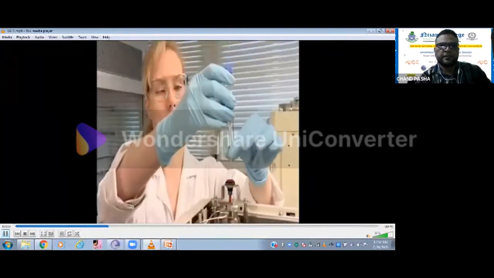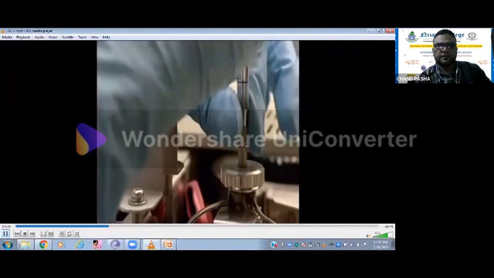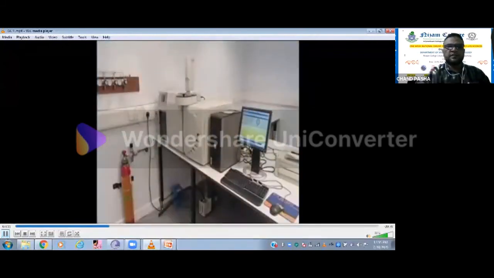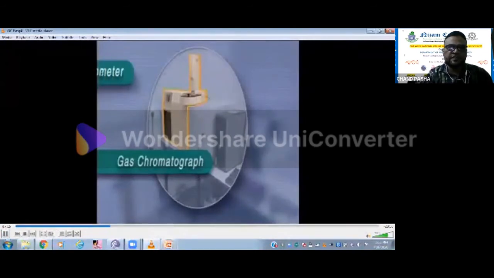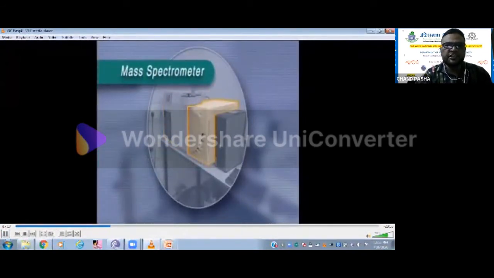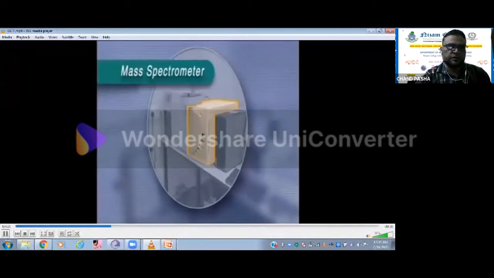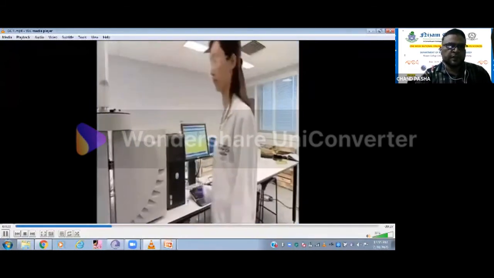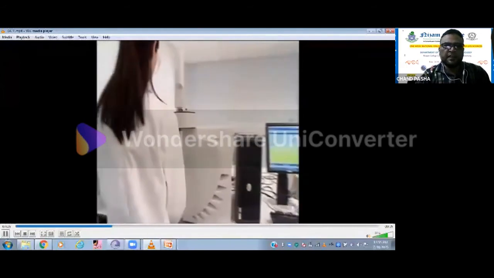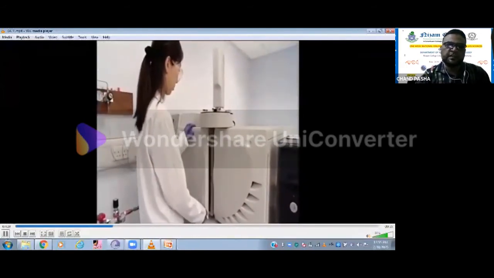And subsequently we'll be loading a fixed quantity. And these are the modern ones, we have an auto sampler. Here in this case, you can see the auto sampler and auto injector. What is auto sampler and what is auto injector? In this case, manual loading is not required. It will take the sample by its own, that is auto sampling.